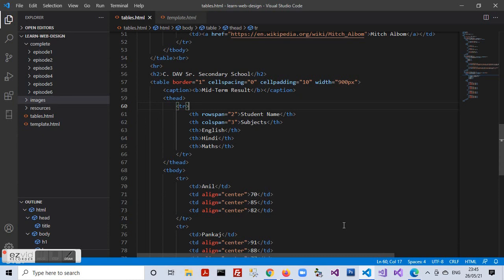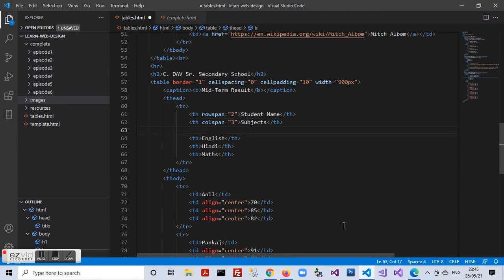Moving on to the heading section of the table, we see that we need to make a few adjustments. Here in the first table row, we have table heading, row span equal to 2, student name, table heading, column span equal to 3, subjects, table heading close.